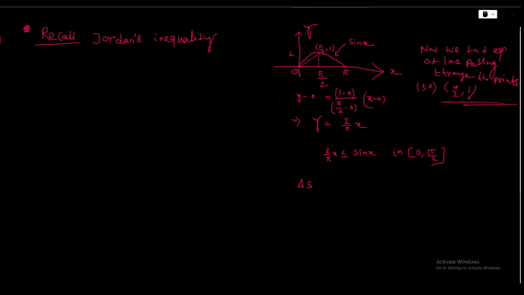इसको एज मैं 1/n इंट्रोड्यूस करना चाहता हूँ, as 1/n less than equals to 1 greater than 0 always for all n belongs to N. So 1/n belongs to this interval 0 to pi by 2, ठीक है, closed interval. सो मैं x की जगह 1/n रिप्लेस कर देता हूँ. So 2/pi times 1/n less equals to sine of 1/n for all n belongs to the set of natural number,